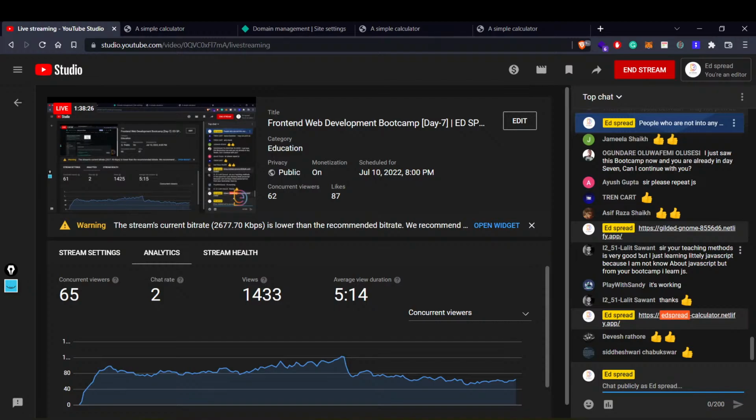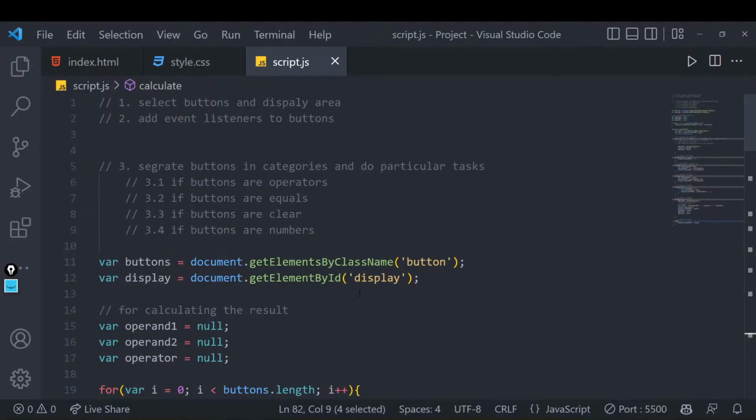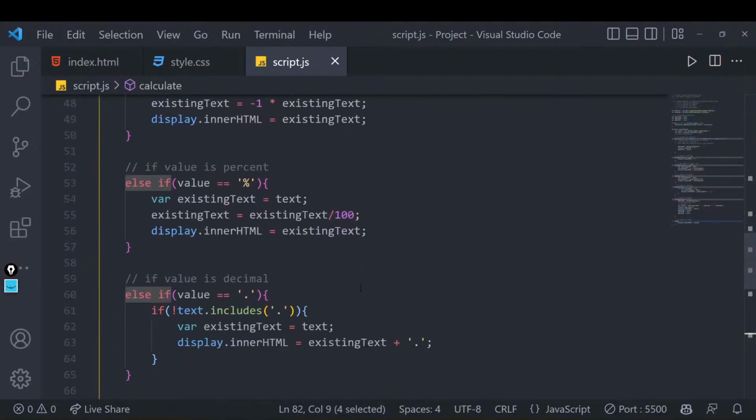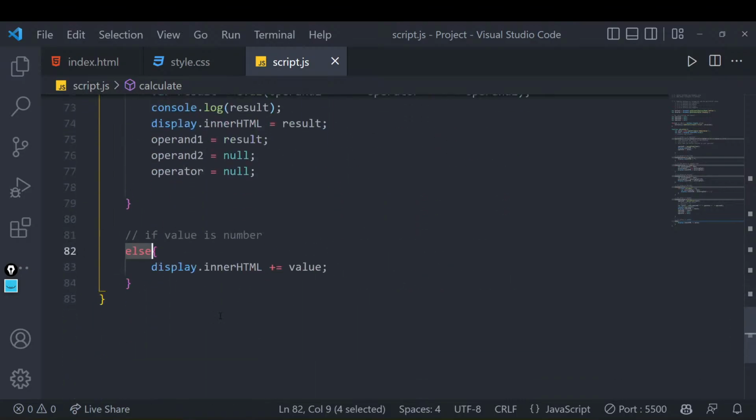We all are putting some time so that you can learn things in a better way, right? If it would have been any other channel or any other bootcamp, they would have just given you the code and they would have just said, okay, this is how it will look, and just work it, right?